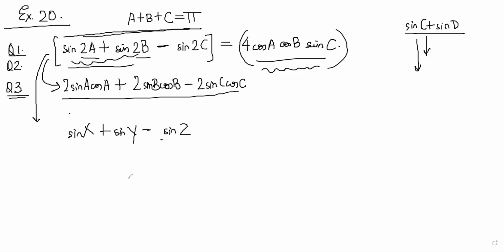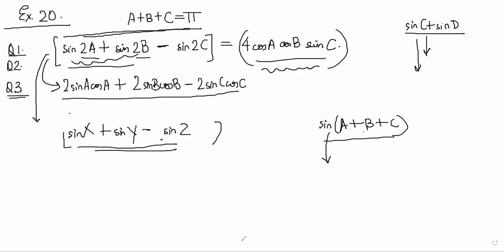So can you take 2 out and then, like in sine a plus b plus c, it becomes sine a plus b cos c plus cos a plus b sine c. Can you do the same thing? Where are you getting sine a plus b plus c here? How is it looking like sine a plus b plus c to you? This formula, how is it looking similar? Is it looking similar to this? No, sir. What are you talking about? Sir, I'm not sure. It's slightly.